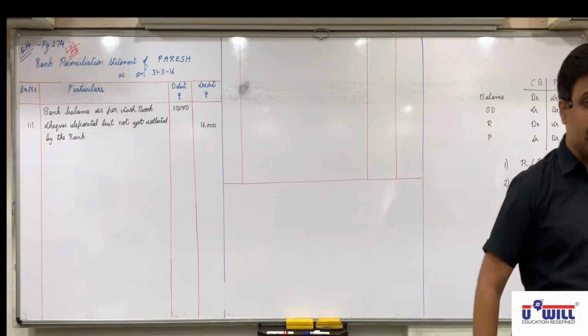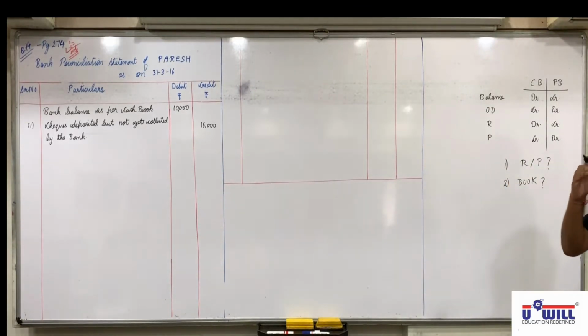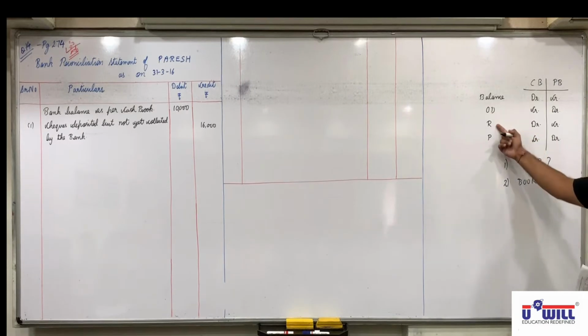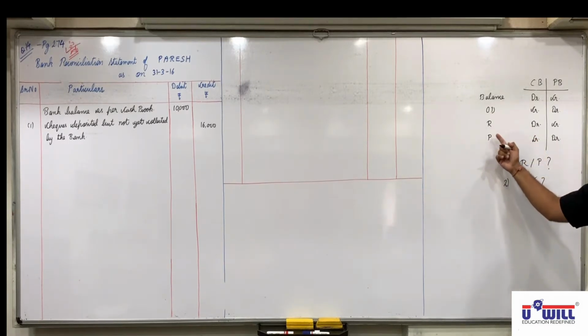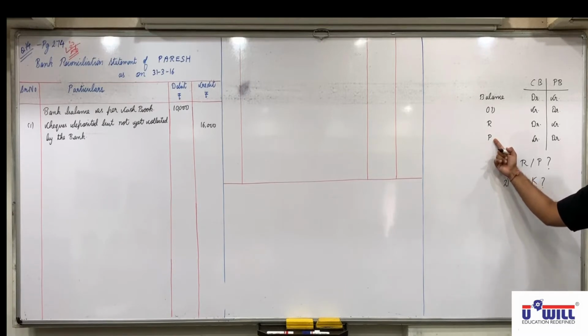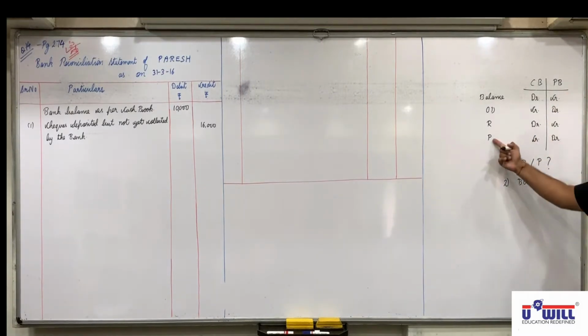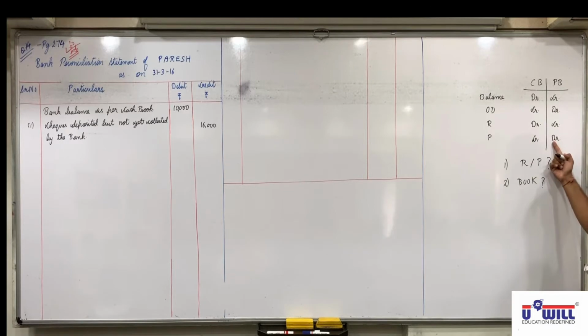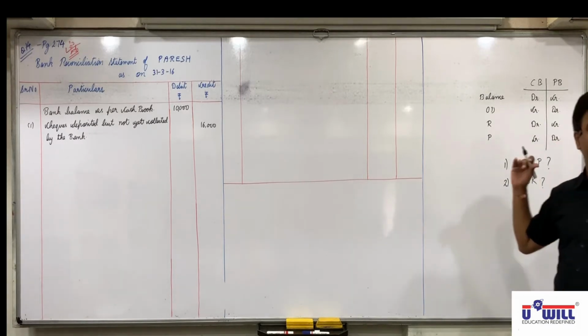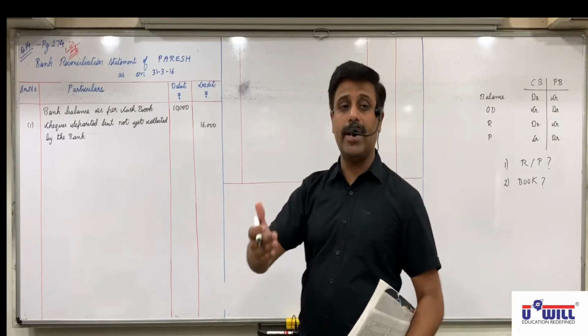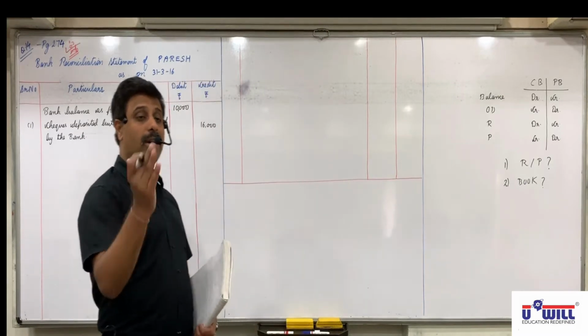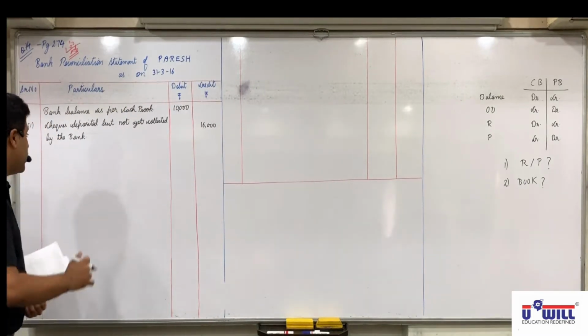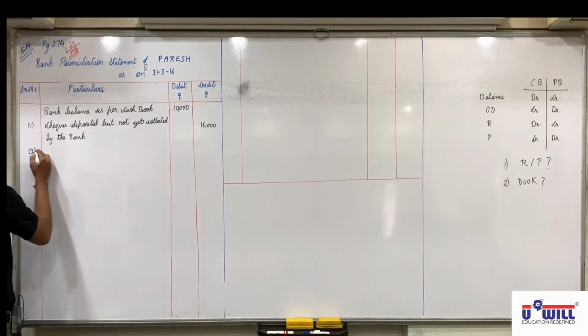Did you understand this? Now tell me, a check is drawn. Drawn means issued. Is it a receipt or a payment? Payment. And 6,000 is not presented in the bank. So in which book is it not recorded? Passbook. Payment and not recorded in the passbook, so we will write it on the debit side. We have issued the check, which means credited in the cash book, but not debited in the passbook, so debit in BRS.